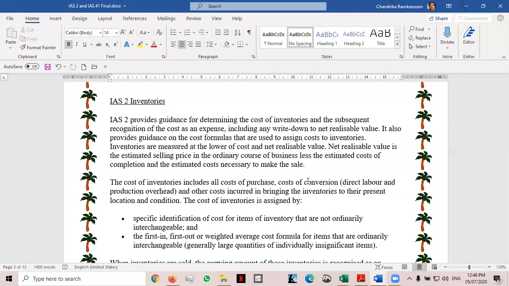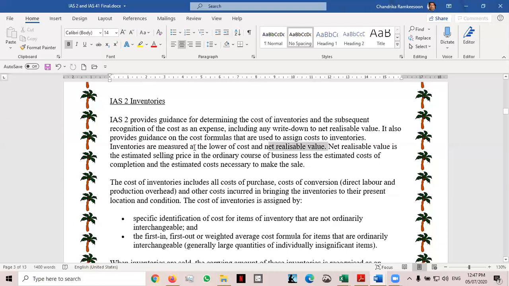Now, we are yet to look at impairments. Impairments more relate to write-downs of non-current assets. But here we are talking about write-down of inventory. Now, this standard actually, you would have met this in your level one, not in as much detail as here perhaps, because inventories, you need to know a bit about inventories, the different aspects of inventories, stocks as we normally call it loosely. And some of the things which you will see in the standard here, no doubt you would have encountered before in the course of your studies, especially how inventories are measured,